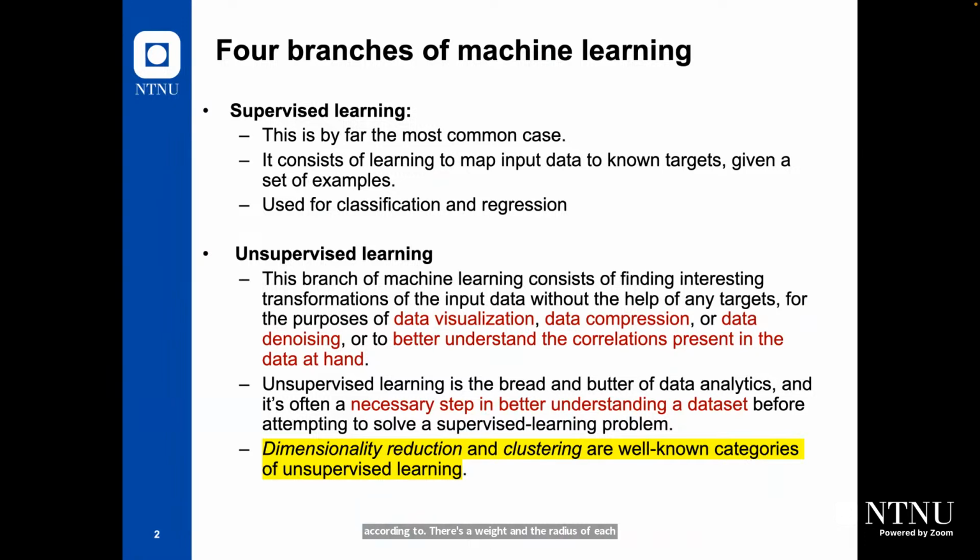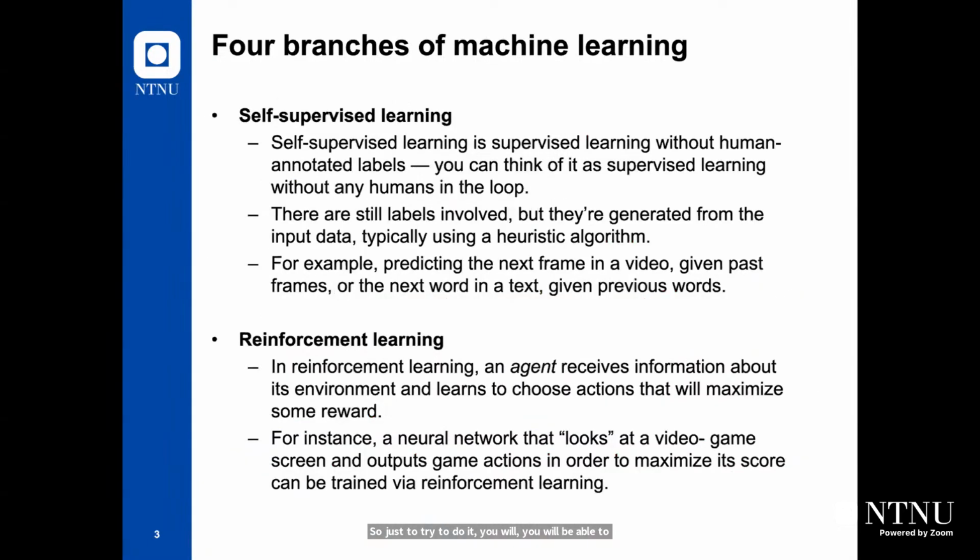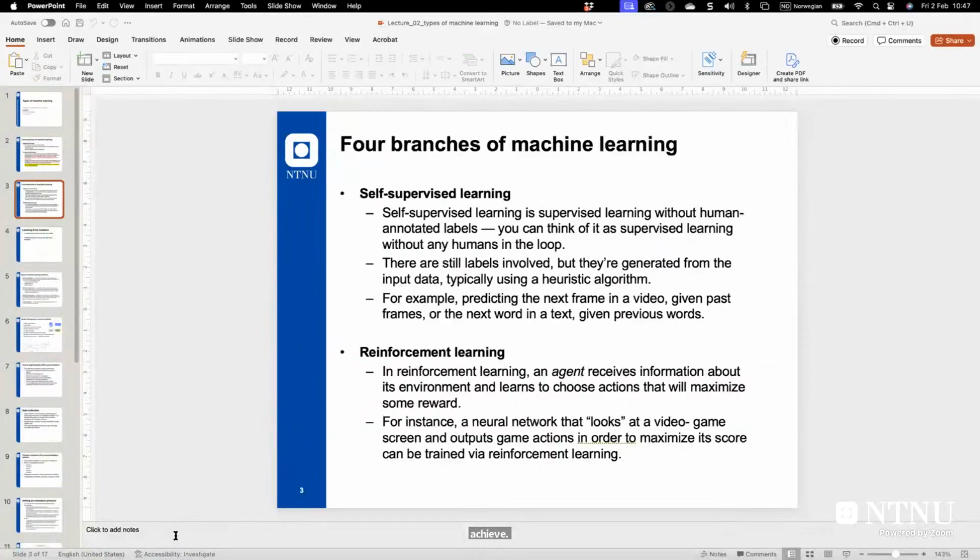We don't have any target signal. We don't have any label, right? So just by trying to do it, you will be able to achieve it. So this is dimensionality reduction, which is important, and also